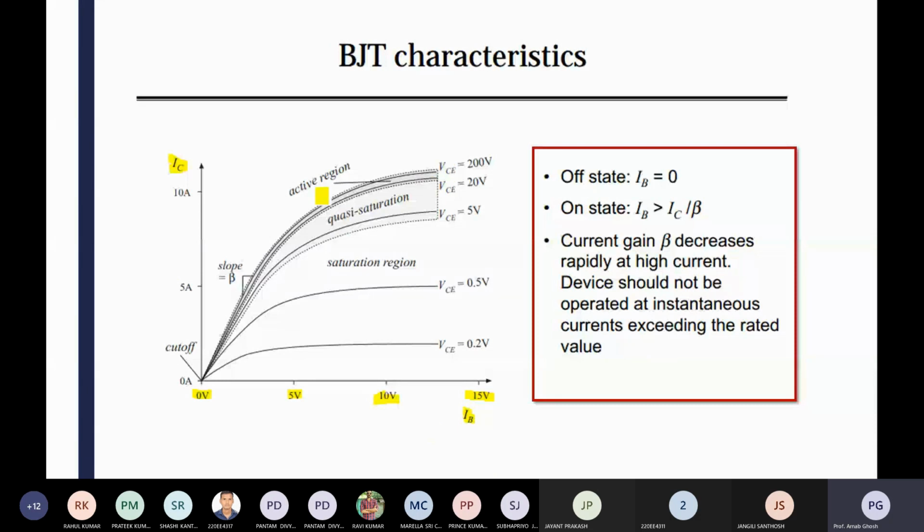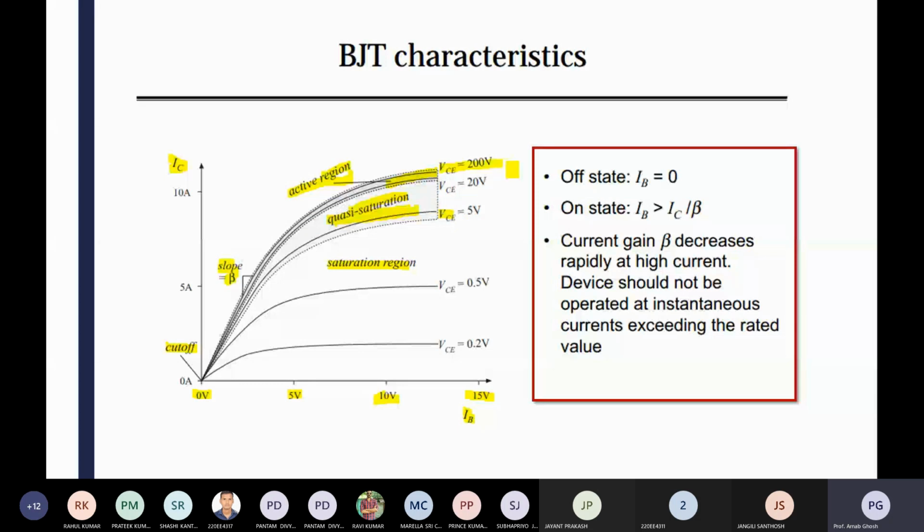Normally you know that the beta value will be calculated, which means the gain of your device. Initially it is cutoff, and here you can see the saturation. Depending upon the value of VCE, the saturation range changes. That's why these devices normally work in the quasi saturation region. Here you can see the VCE value maximum is 200 volt, here 20 volt and here 5 volt.